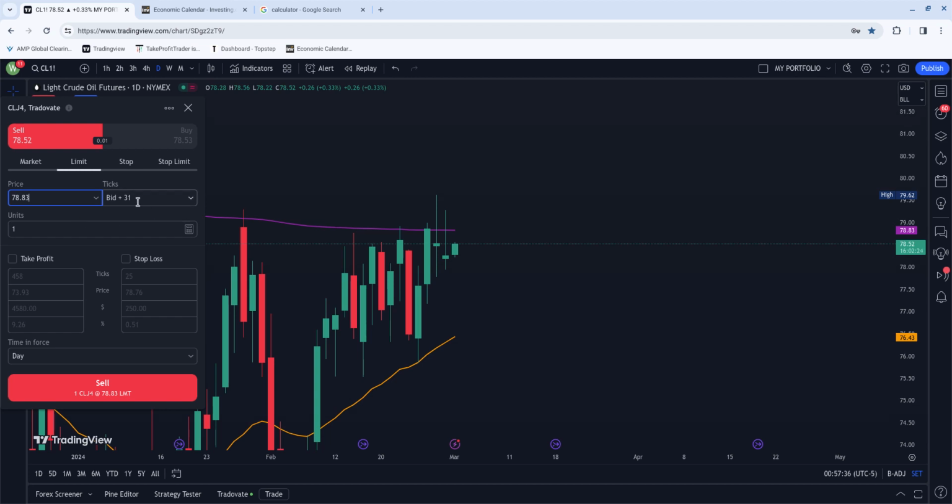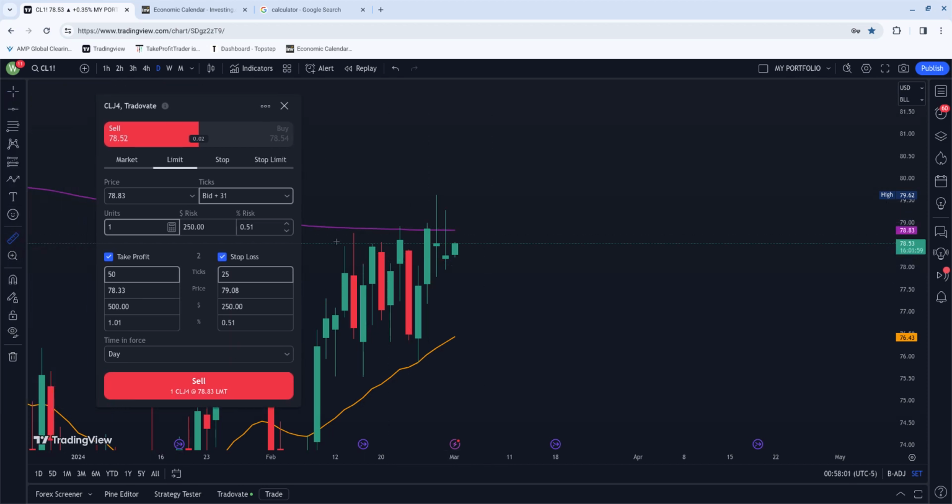All right, letting us know it's 31 points away. We buy 1 unit. Take profit, we could just type in like 50, 60 points, whatever. I'll just do 50 for right now. And stop loss, 25 points. And as you can see here, if I get the ruler and we measure how much the market actually,